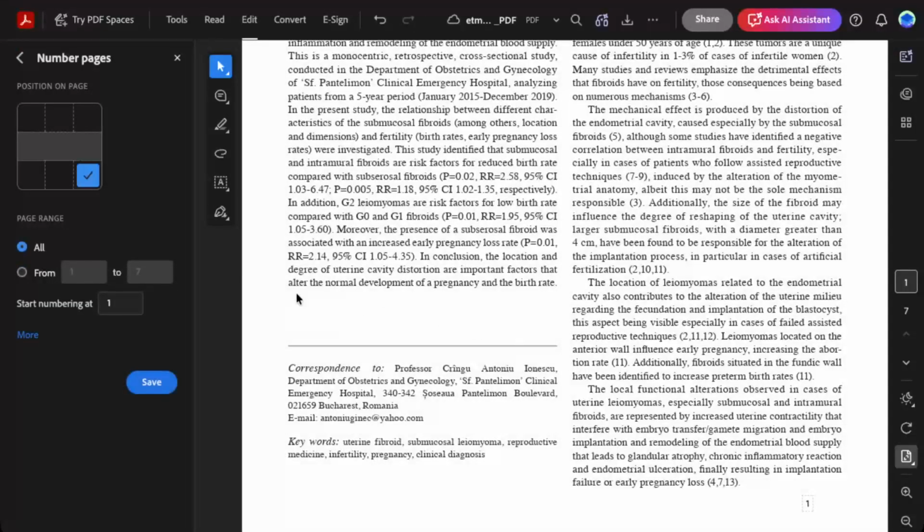Once the number pages option opens, take a moment to review the settings carefully. This part is important because it determines exactly how the numbering will be applied. First, choose the page range. You can number the entire document, or you can set a custom range, such as starting from page 1 and ending at a specific page. This is useful if, for example, you only want numbering on the main content and not on a cover page